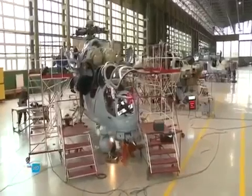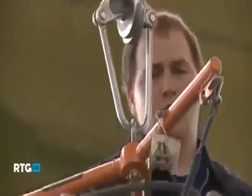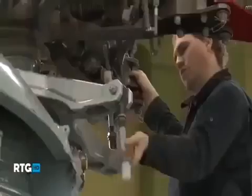The factory was founded in 1939. Initially, it manufactured aircraft propellers and planes. 20 years later, the company moved entirely to rotor wing aircraft, one of the latest developments